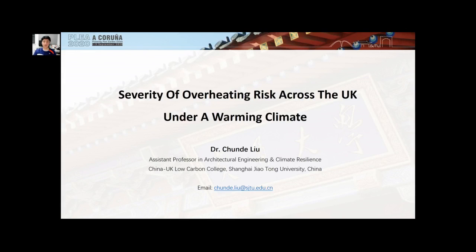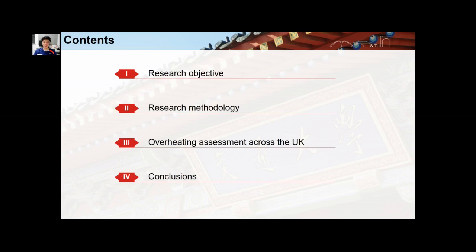I'm an assistant professor in architectural engineering and climate resilience. I'm working at China-UK Low Carbon College at Shanghai Jiao Tong University in China. Today I would like to give a talk about severity of overheating risk across the UK under a warming climate. I will start from research objective, then describe research methodology and present the main findings of the study and end